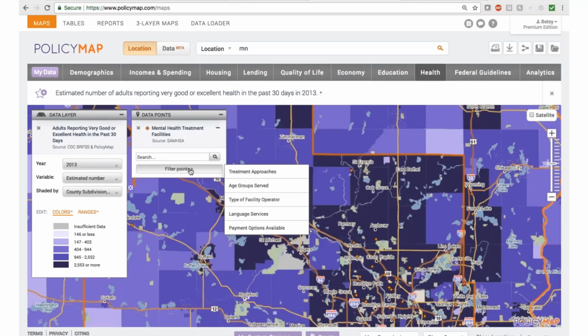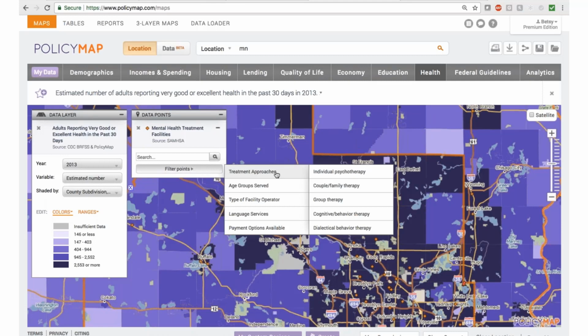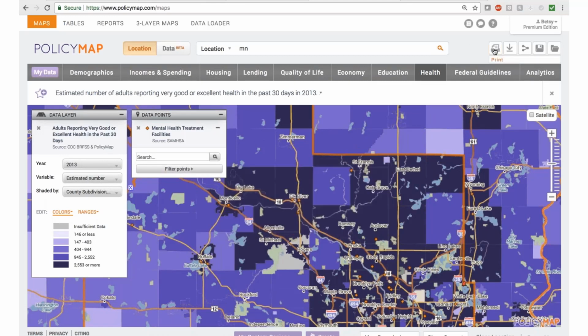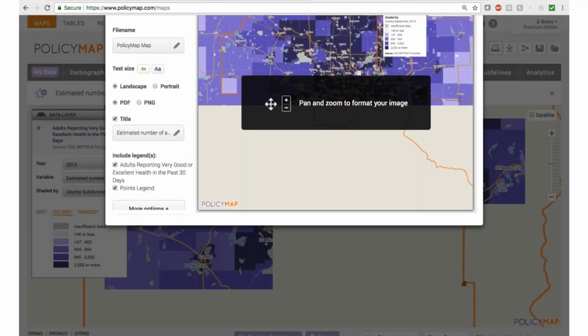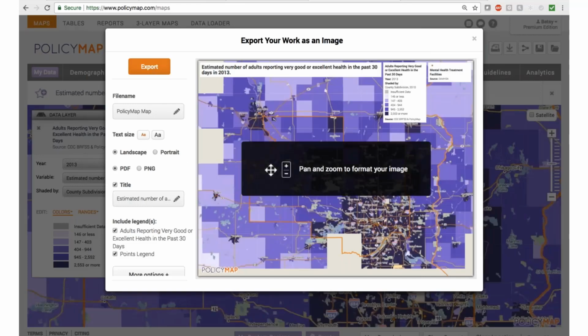And from here, I can filter that out. Treatment approaches, age groups served. But you'll notice that I can either print and download this data as well. The print has been greatly enhanced, and it's a very high quality image that you can download for your use